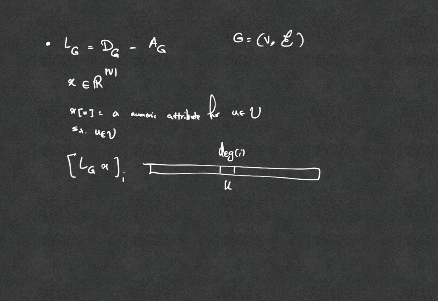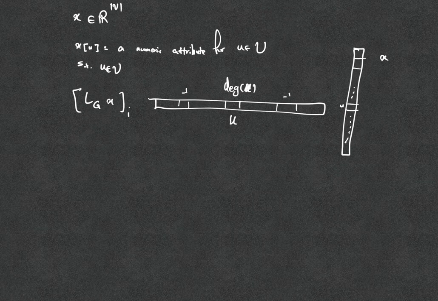So let's consider this u. The degree of node u would be the element that resides in the uth position, and then for the other ones, you basically have any outgoing edges represented by -1. These are basically the neighbors of node u. And then X here is going to have the numerical attributes for all of the nodes up until node u and everything afterwards. So if you multiply these two, what you're going to get is